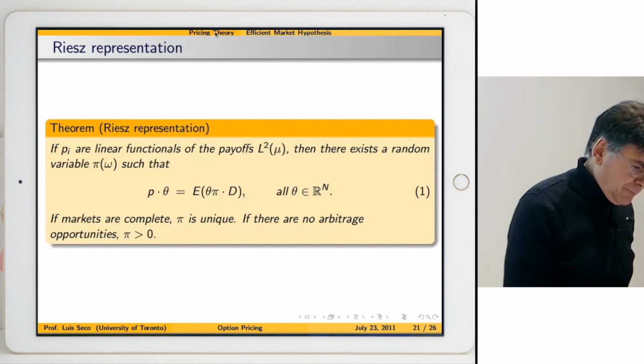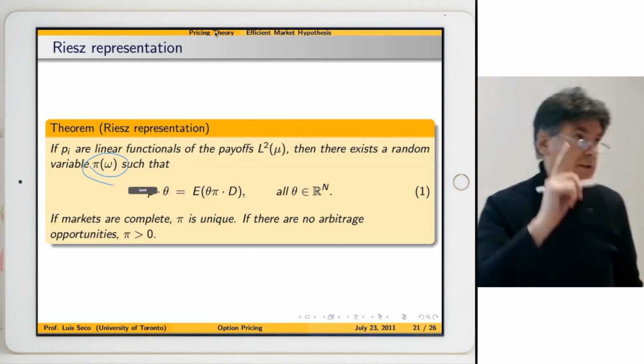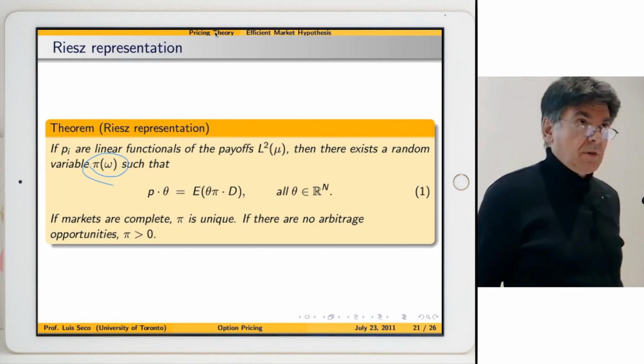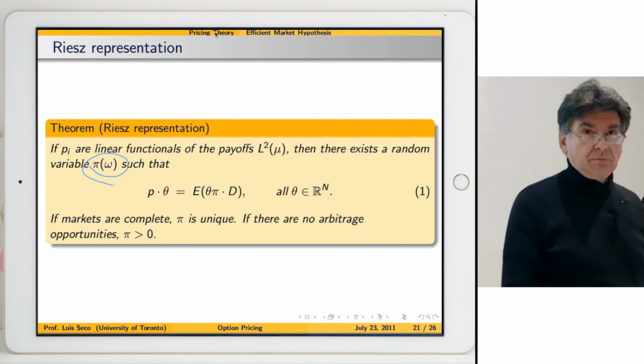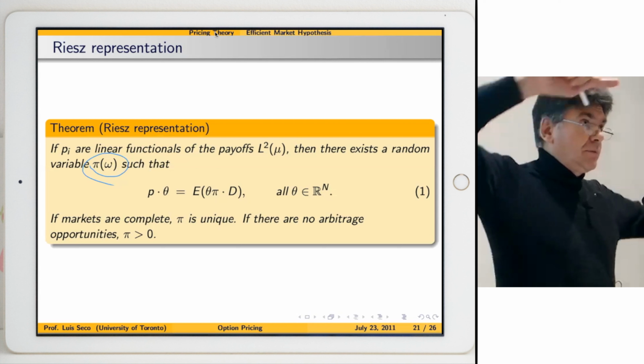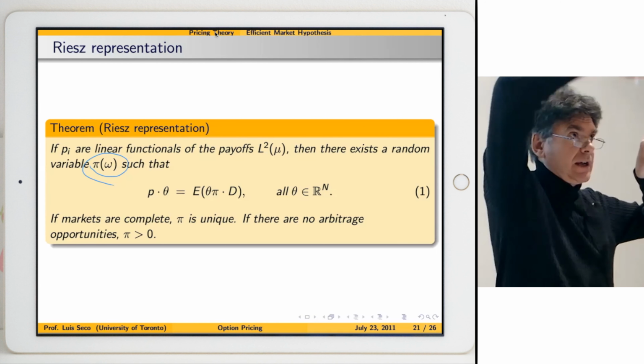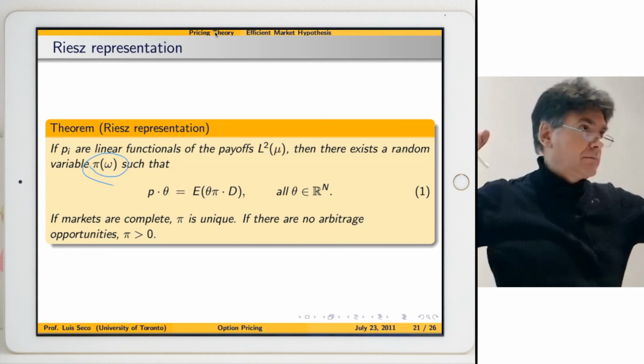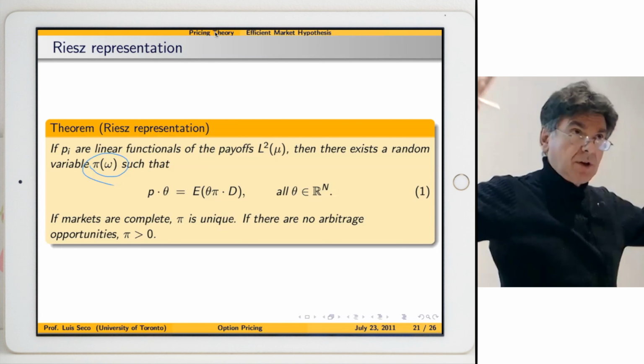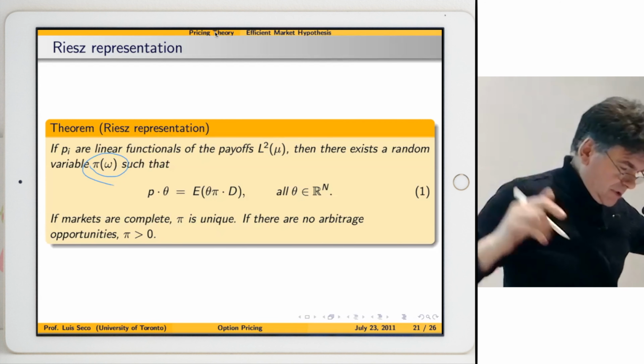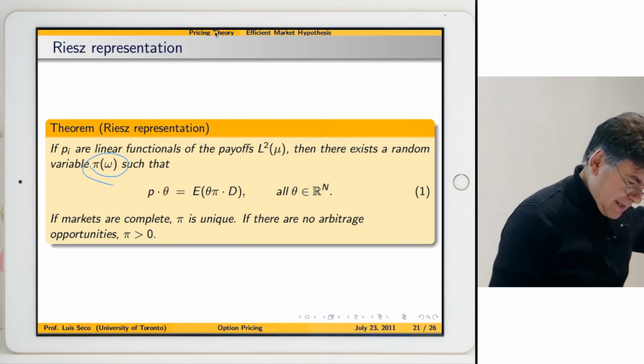Then there's a random variable. This is the big deal. What's a random variable, by the way? A random variable is something that has values in every event that could happen. There's a mysterious random variable, so mysterious I call it pi. Pi because price starts with a P, so I sometimes have to take a Greek letter. Why not? You know why